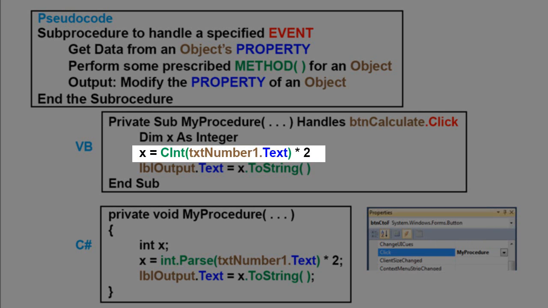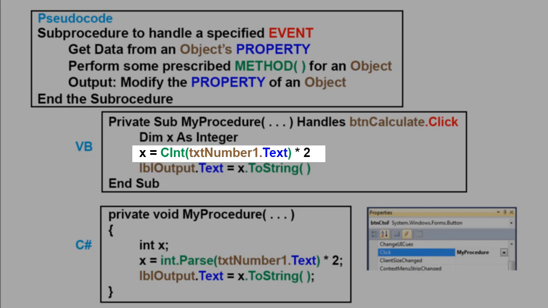I'm going to convert it using a method called CInt. And I know it's a method because it's got parentheses. And txt_1.Text is inside those parentheses. It's what we call a parameter or an argument. We're going to take that text value and convert it to an integer and multiply it by 2. So in essence, we're going to double the value that's there